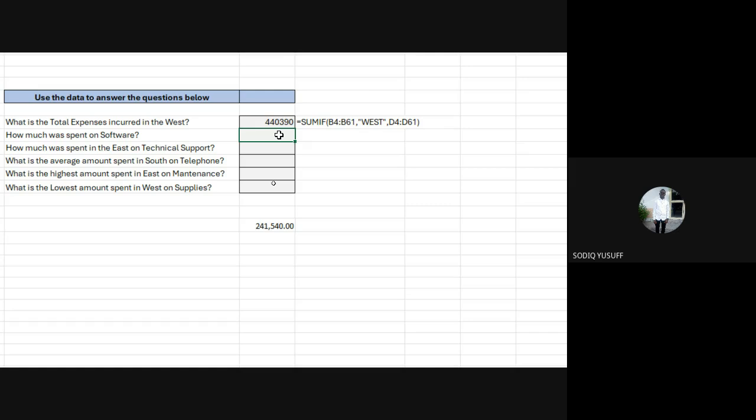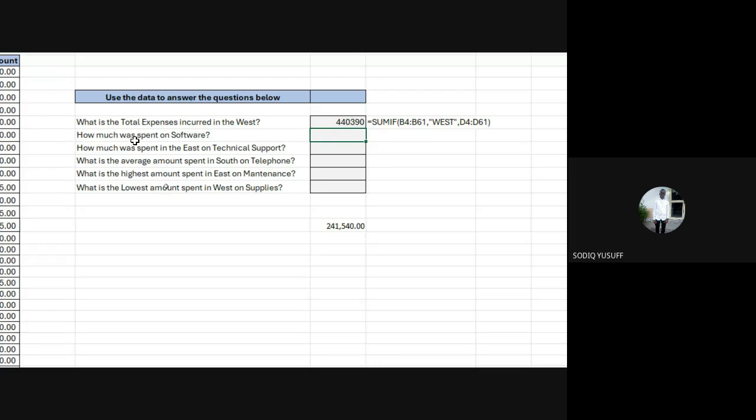Okay, nice one. So everyone now, let's go and answer the second question. The second question says, how much was spent on software? So everyone, answer that question. Type the answer in the chat and the formula.